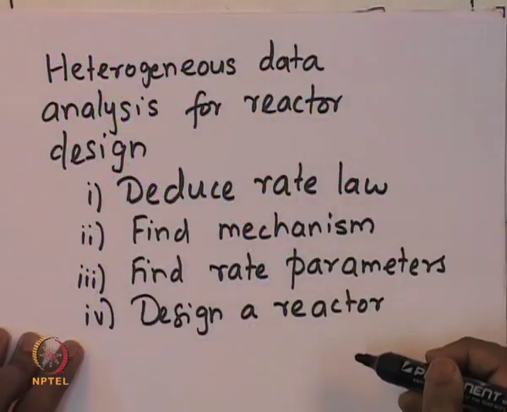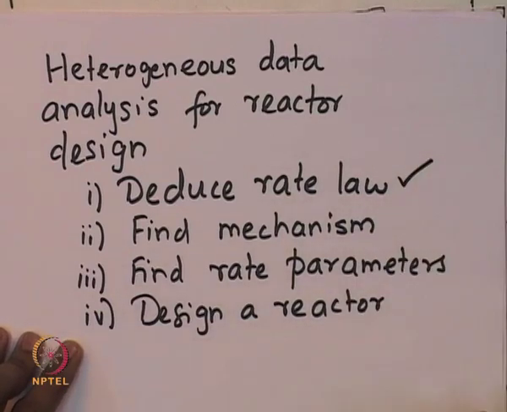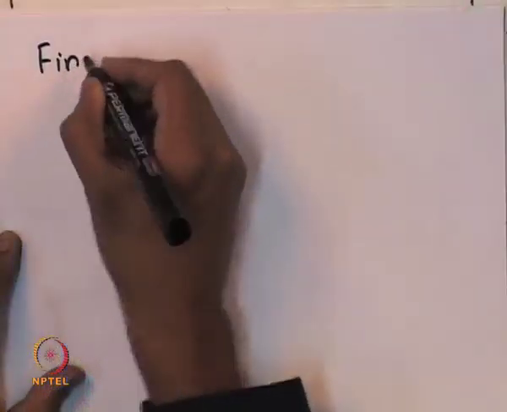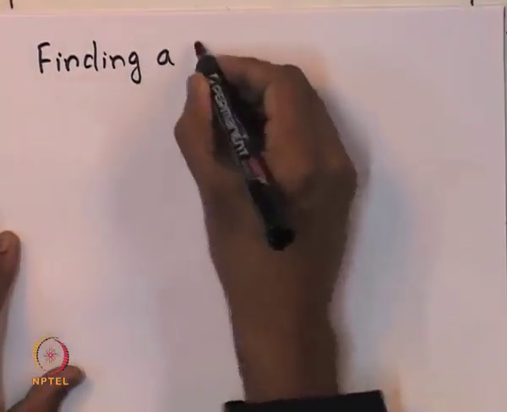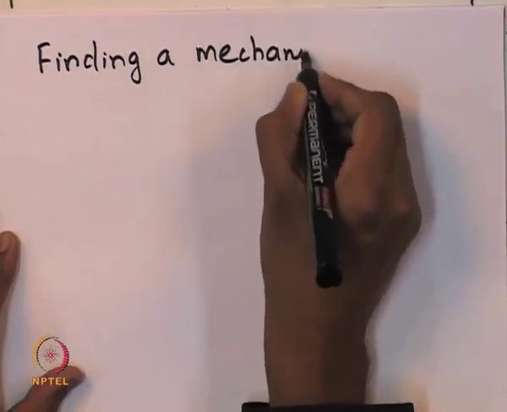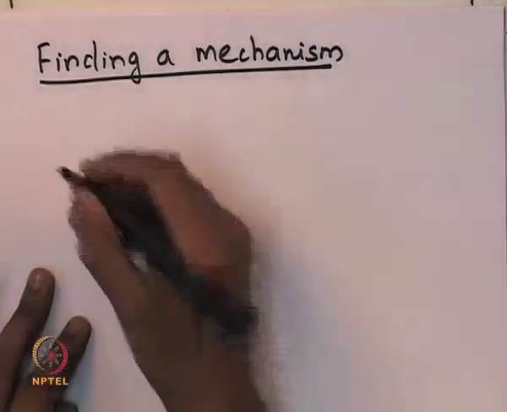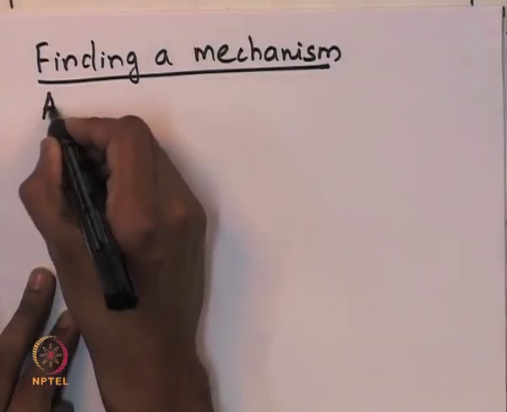So, the next step, if we go back to the set of different steps involved: we have now found the rate law. So, we need to next go ahead and find the mechanism that governs this particular set of heterogeneous reactions. The next step is finding a mechanism. So, now we have to make certain assumptions here. So, if we assume